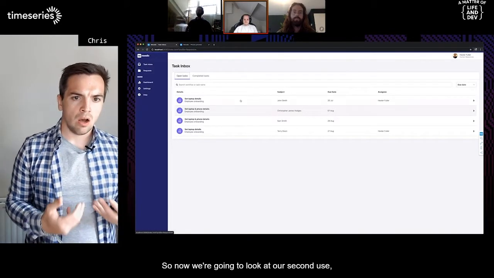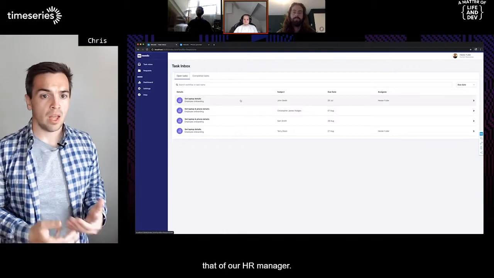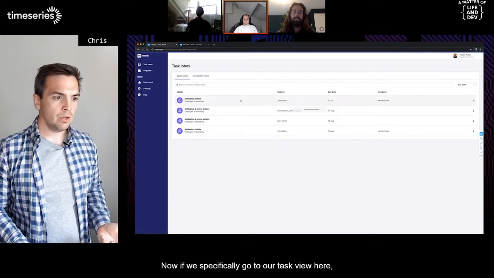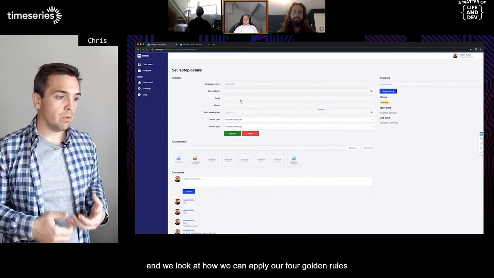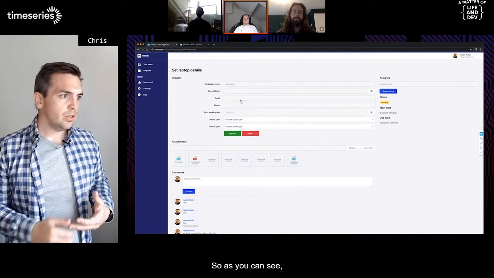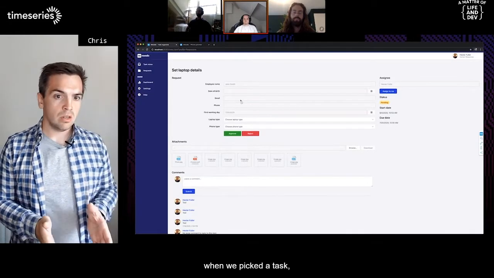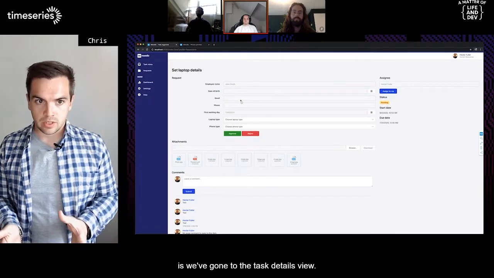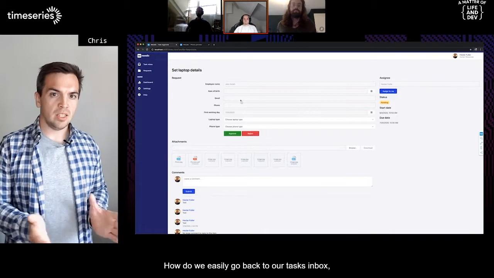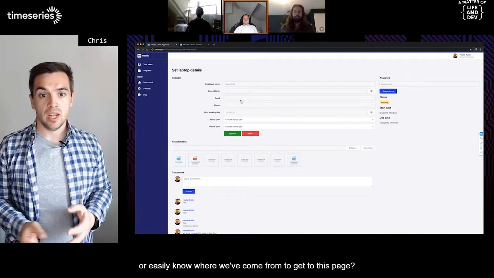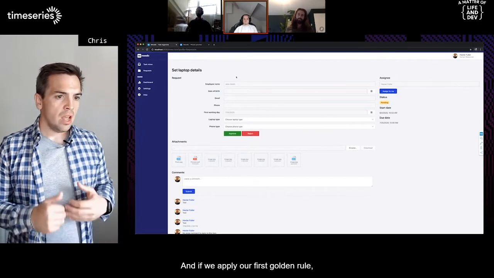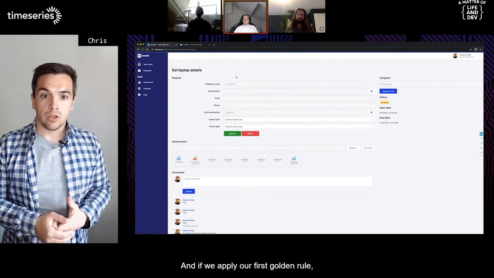So now we're going to look at our second user, that of our HR manager. If we specifically go to our task view here, we can look at how we can apply our 4 golden rules to this view. As you can see, when we picked a task, we've gone to the task details view. But what happens if this is the wrong task that we've picked? How do we easily go back to our task inbox or easily know where we've come through from to get to this page? And if we apply our first golden rule, that of